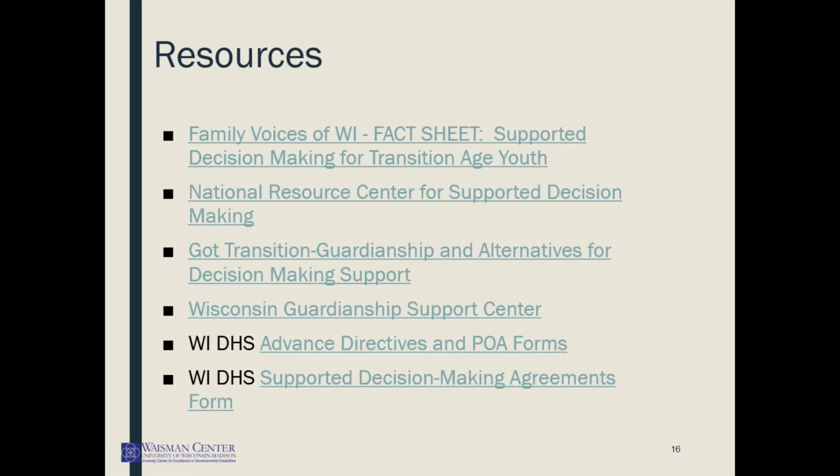So all of this is just meant as a way to put a bunch of ideas out there for you to think about as you support families, and as families make decisions, or as individuals with disabilities make decisions about what support looks like as adults around decision making. And it's really individual. The answer is different for every person who has cerebral palsy. No one person is exactly like another in this capacity, so it's a really individualized approach.